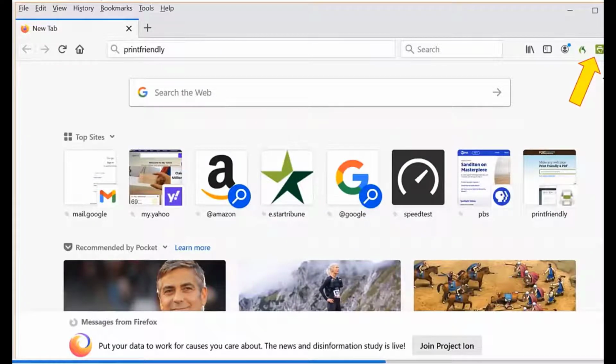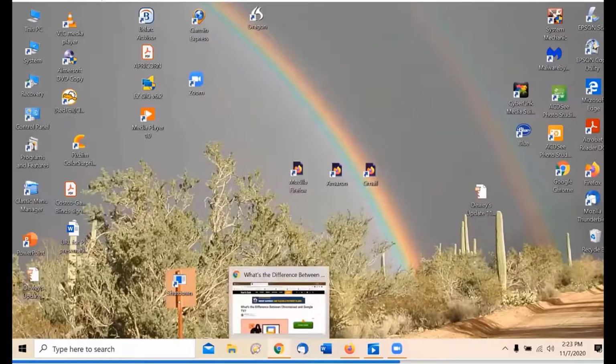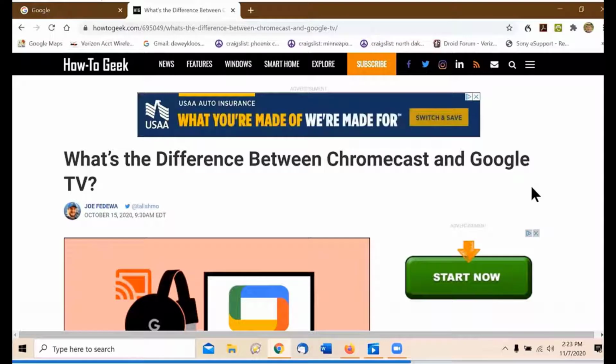I'm going to leave the PowerPoint program right now and just show you a couple applications of this, one in Chrome and one in Firefox. I have my Chrome browser down here, and if I click on it, here's a story called What's the Difference Between Chromecast and Google TV? Now, those of you who were with us 3 or 4 weeks ago, you heard Ron tell us all about the new Chromecast with a remote control, and it's now connected to a Google app called Google TV. That's an old name, but it's used completely differently now by